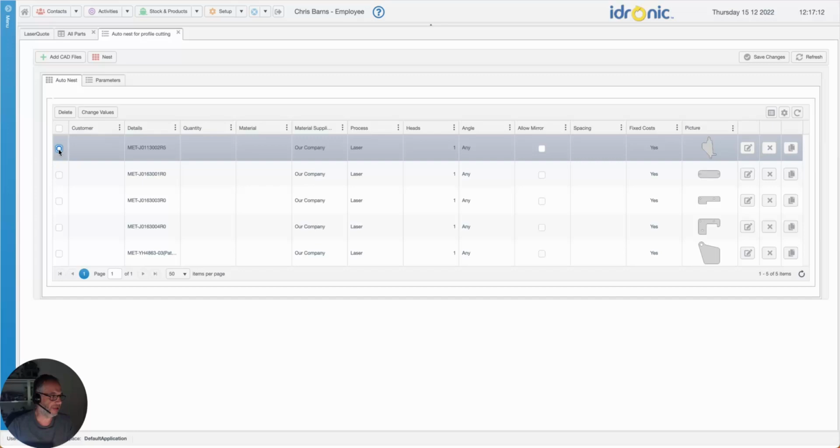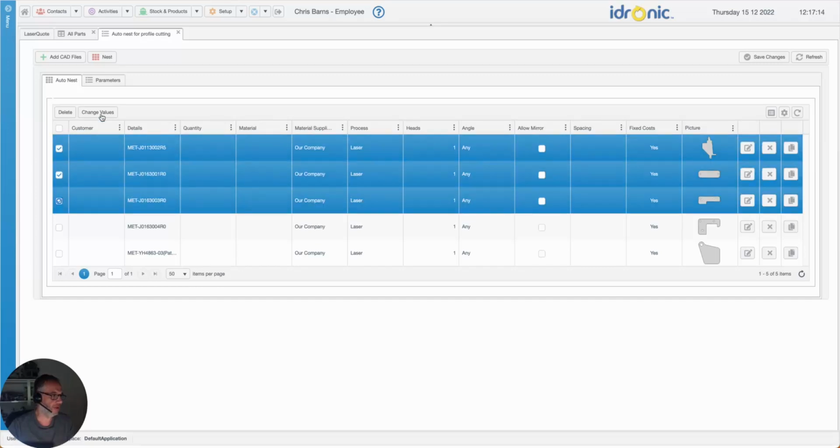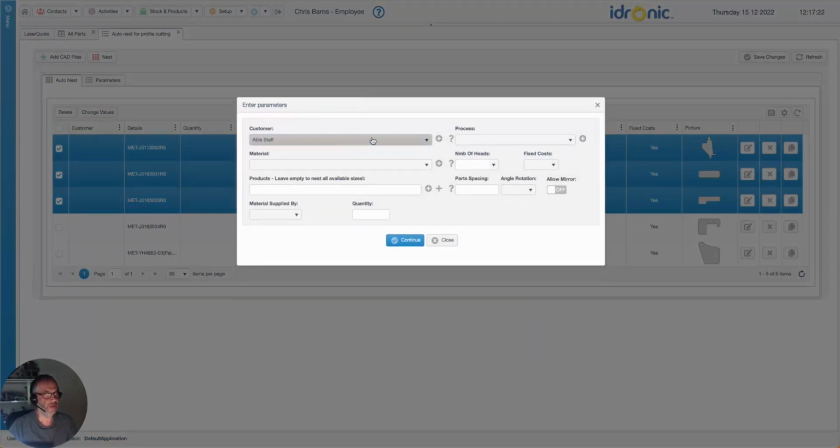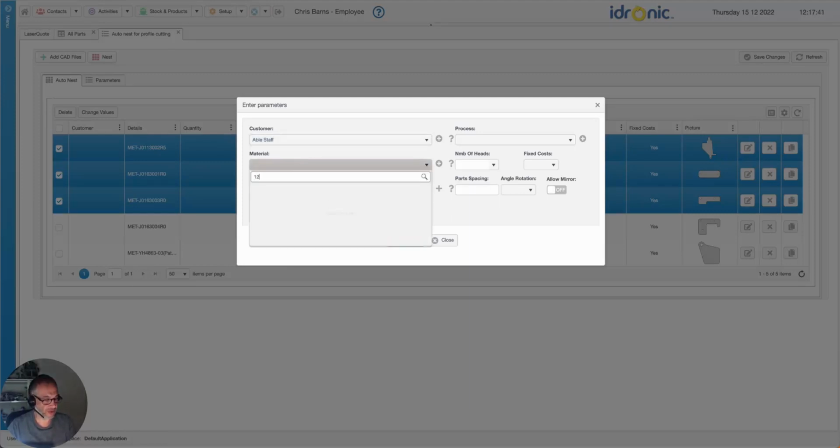So from here, hypothetically, let's say that we have these three parts which need to be cut for a particular customer. So I'm going to select the customer from this drop down. Now, the reason why the customer has an importance at this point is because you can set a target net profit for each customer. It can be the same percentage or a different number, but suffice to say that the system will know automatically, without having to have any variations in the exercise and the costing, what profit margin to apply for each customer. The next one will be the material,